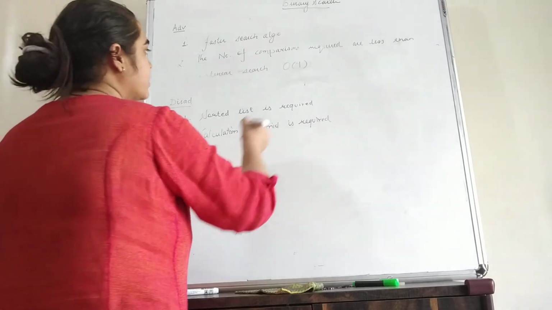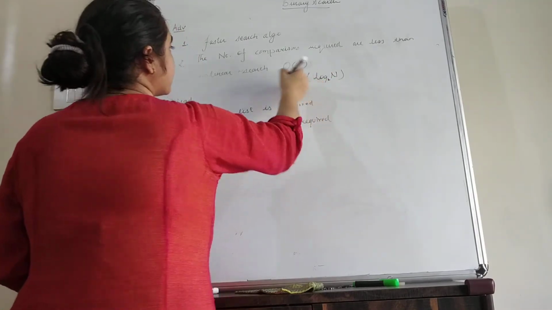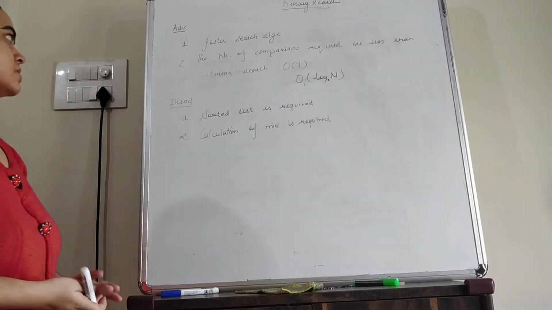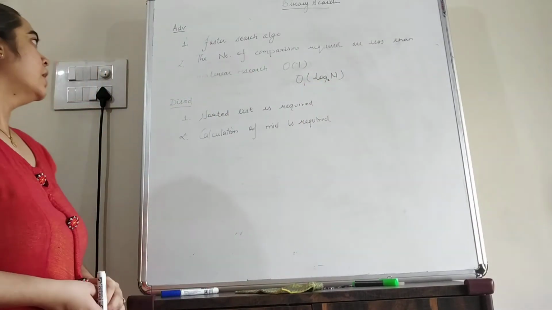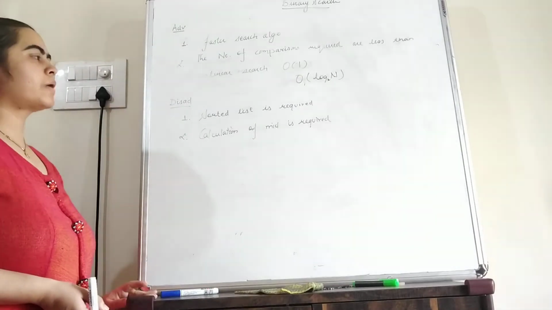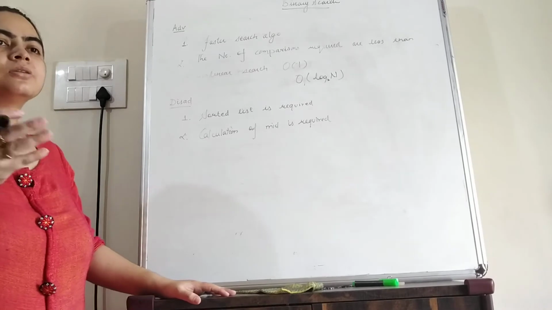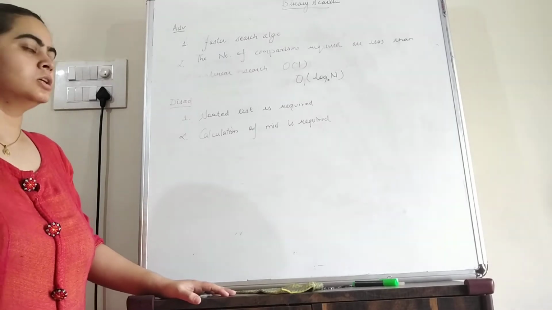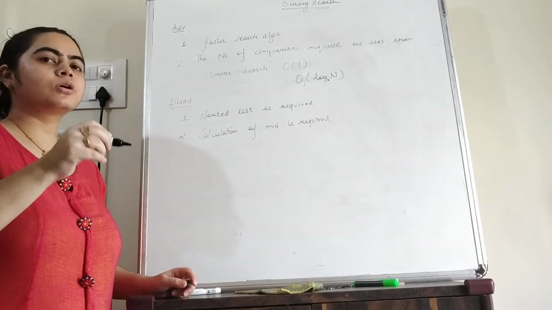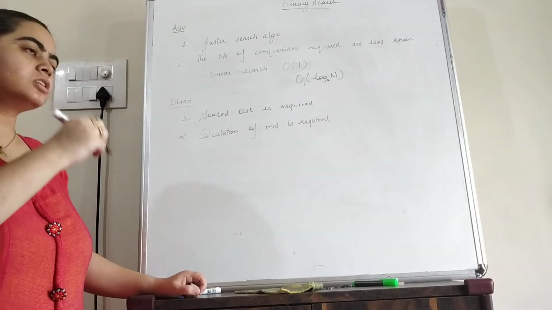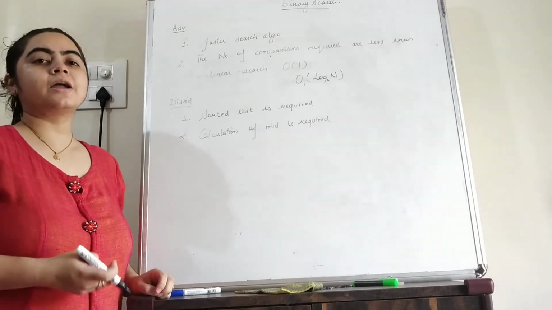And the worst and the average cases are log of 2n. That is much lesser as compared to the linear search. So in case of the linear search, the complexity is more than log of 2n. So that means here the number of comparisons are less, because in case of the linear search, if suppose the item is present at the last of the array, so if the items in the array are 100, we have to compare the item which we want to search with every one of the 100 elements. So in case of the linear search, the time required is more.